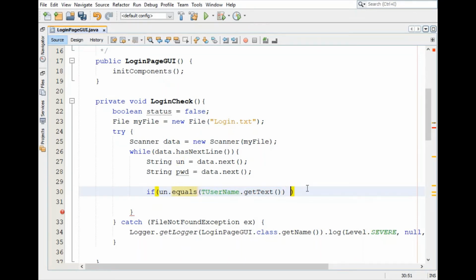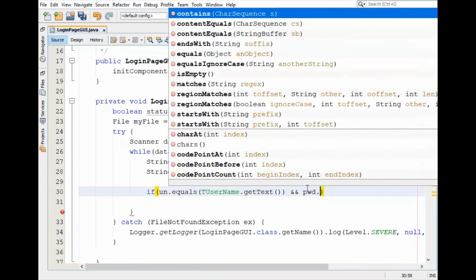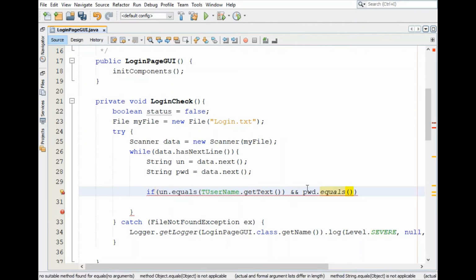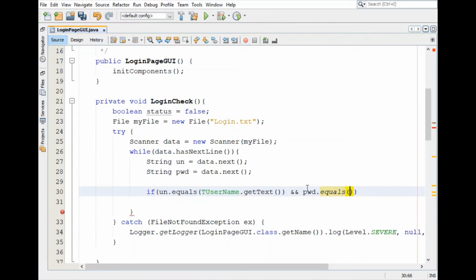Now we also want to compare the password field. So add one more condition here, password.equals, and this we want to compare with the password.getText.